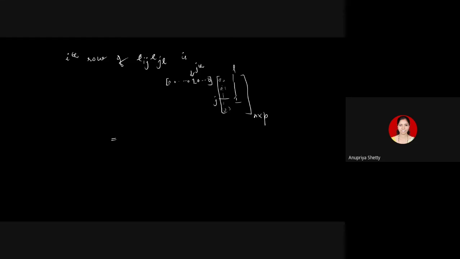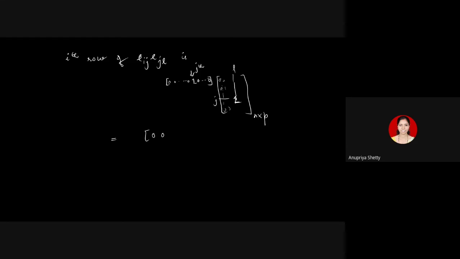Okay. So first column, second column, all the columns have zeros. And nth column has a 1 in it. Nth column has a 1, right? In the jth place. So if I multiply this row with each of the columns, what I get is 0. If I multiply this with the first column, I would get 0. If I multiply this row with the second column, I would get 0.